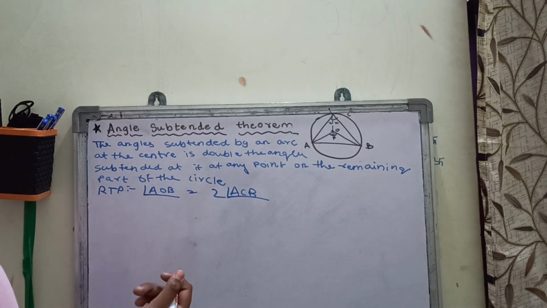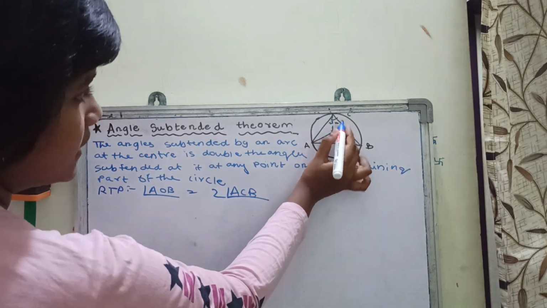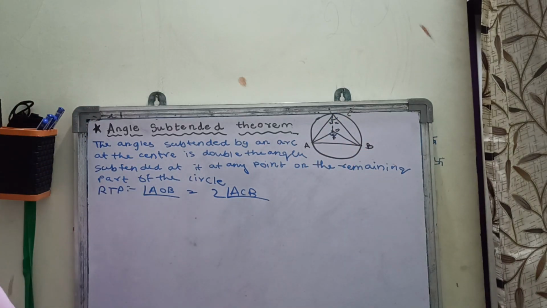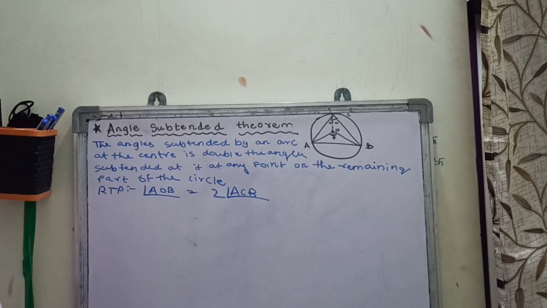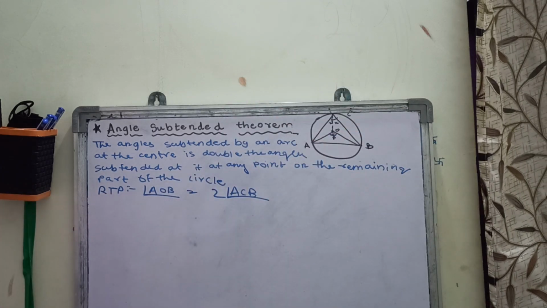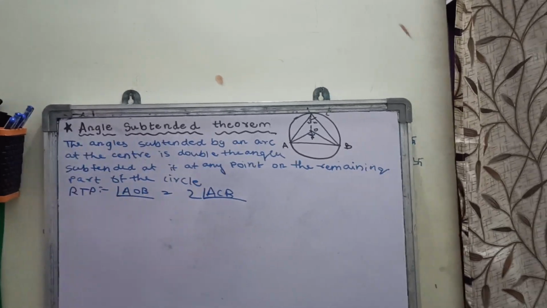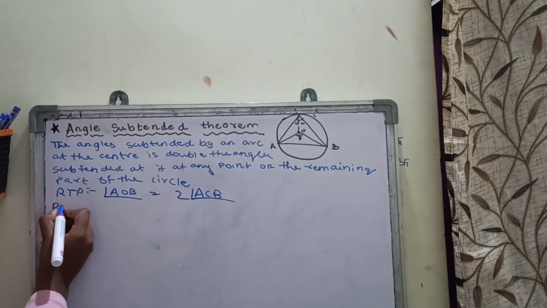So construction, what did we draw as the construction? The dotted line here, you can see. CP is the construction. You can see the jagged line. That is the construction. We draw CP, which passes through the center O. Okay. So the proof we have is